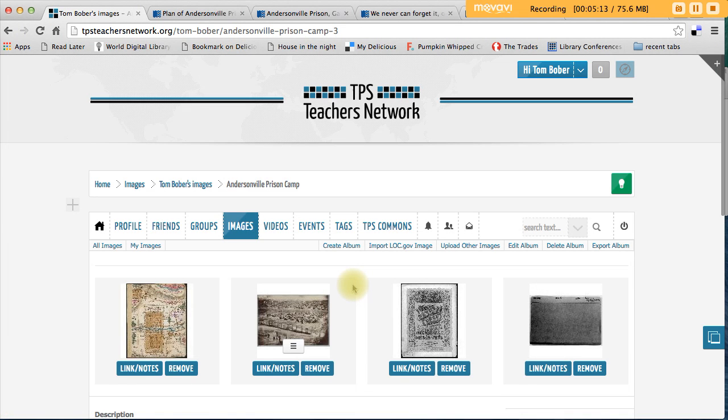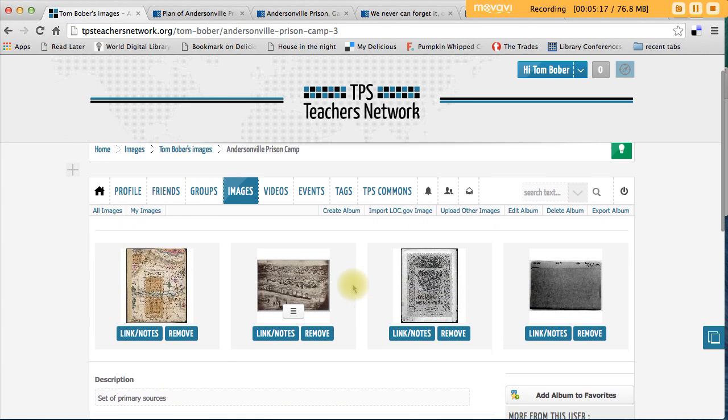So you can see we've added in images, sheet music, a map, manuscripts. All these work really well. And the only thing you can't import in this way off of the Library of Congress website that I've found are newspapers, films, audio files. Those do not work. And so let me show you how you can include those in your album,